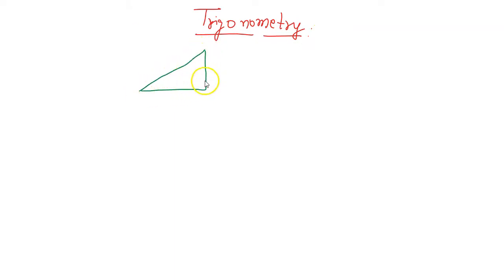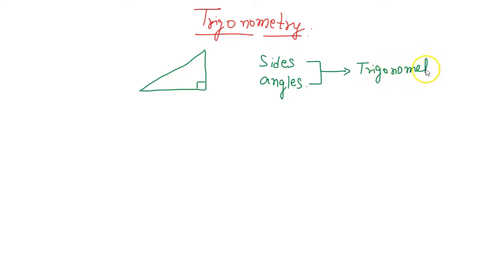So, hi everyone, let us start with trigonometry today. Trigonometry. In this unit, we are mainly going to talk about a right angle triangle. If we have a right angle triangle, then the sides of the triangle and the angles of the triangle can be related with the help of trigonometric ratios. So, in short, what is a trigonometric ratio? It is just a ratio of the sides with respect to the angles.